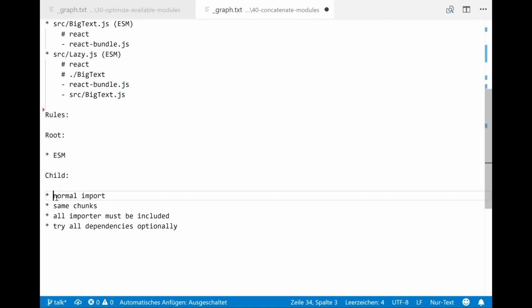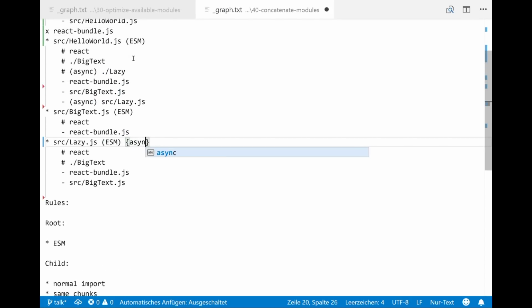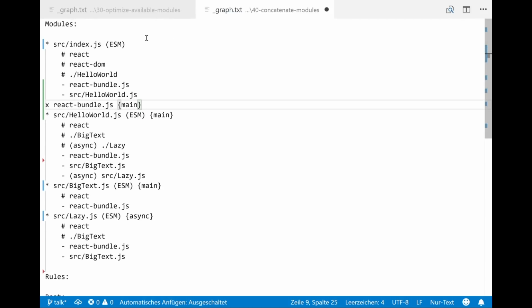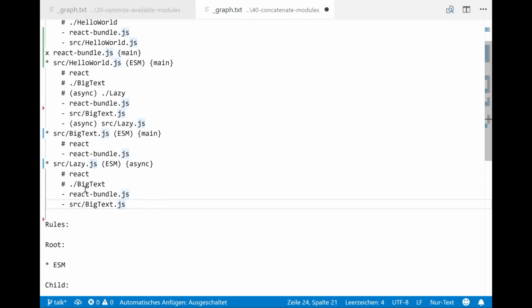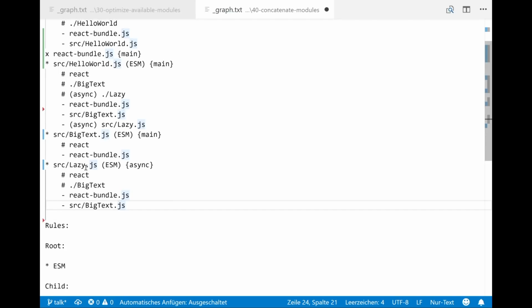So the first rule is it must be a normal import. React Bundle is a normal import, great, and BigText also. It must be in the same chunks. So you could make a note of which chunks this module is in. This is in the main chunk, and this one too, and this one too. So is BigText in the same chunks as lazy?